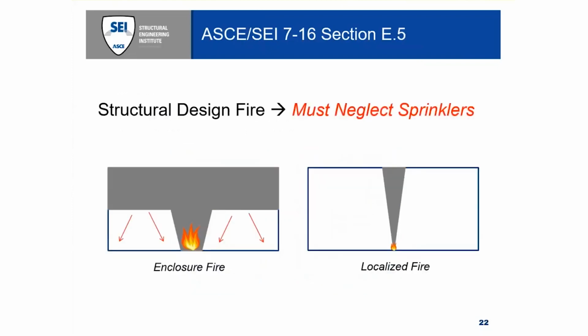Section E.5 provides requirements on the evaluation of fire exposure to a given structure. Notably, this section upholds the true intent of structural fire protection, which is meant to serve as a critical backup safety system in cases where active systems, such as sprinklers, are rendered inoperative or ineffective. So a sprinkler system could fail: water may not reach the piping, it could be inadvertently shut off, there could be poor maintenance. If water makes it to the fire, it may not be enough water to put out the fire.